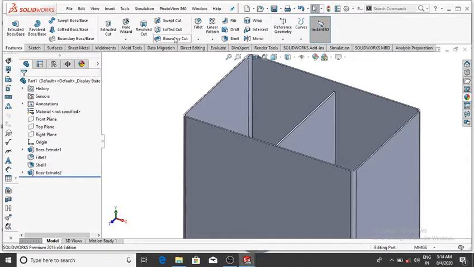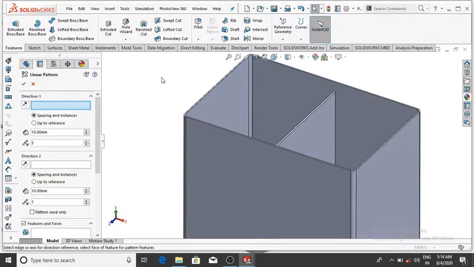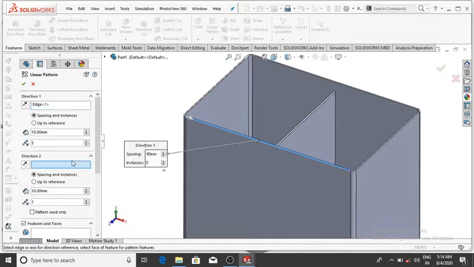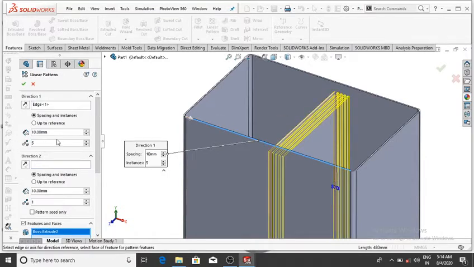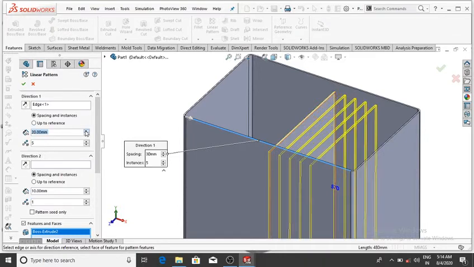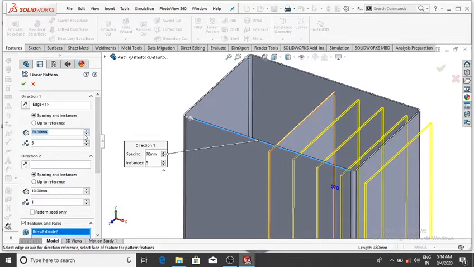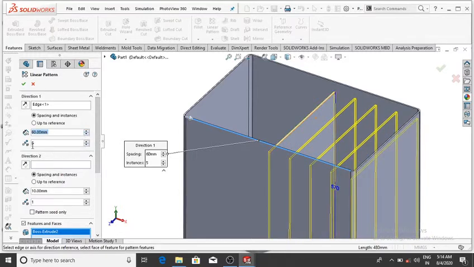So go to the linear pattern and select the direction, select this line, and the gap between the two bodies will be 60 mm. So make it 60 mm, and the number of parts will be 4, so make it 4, then OK.